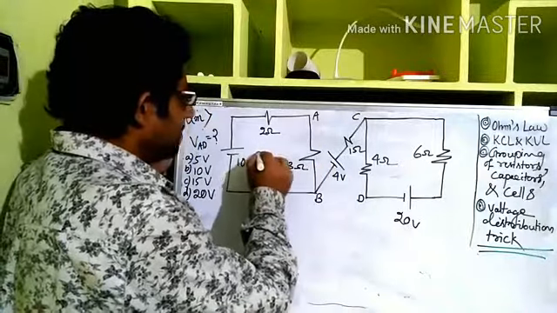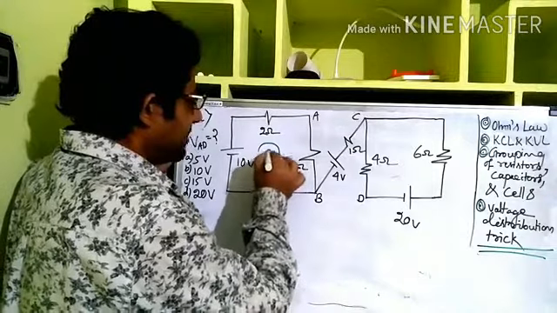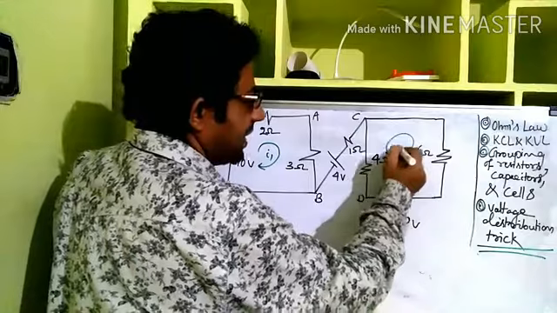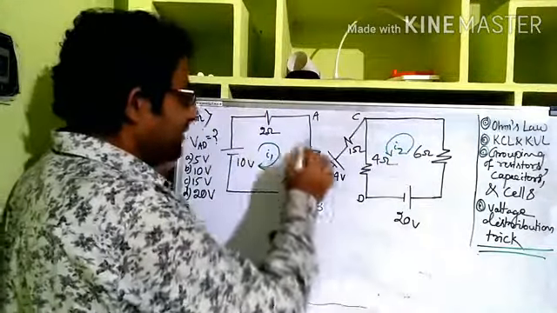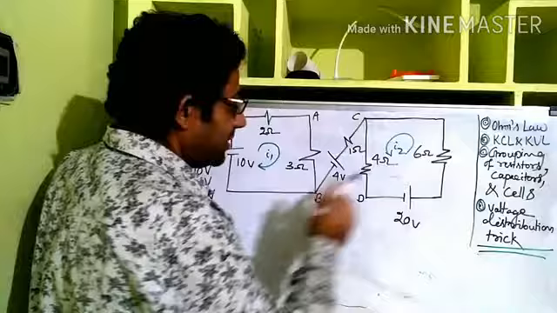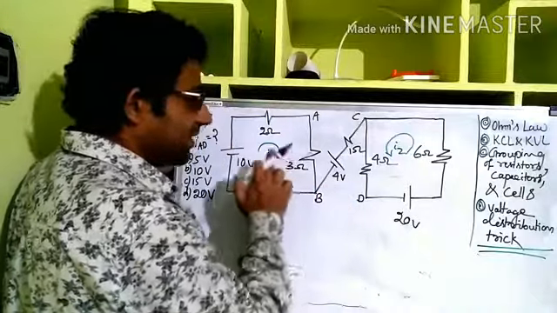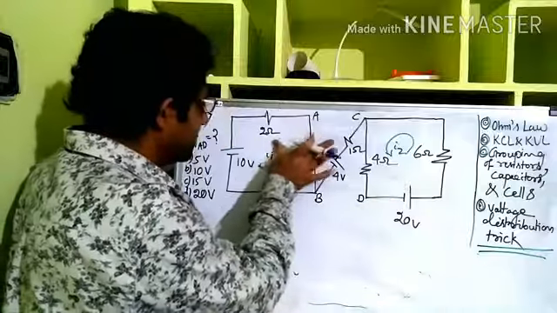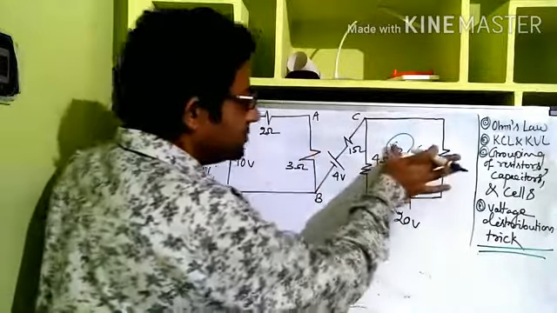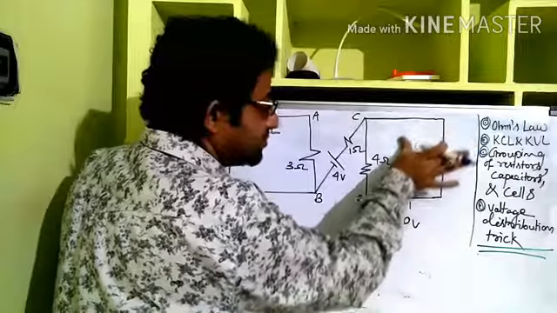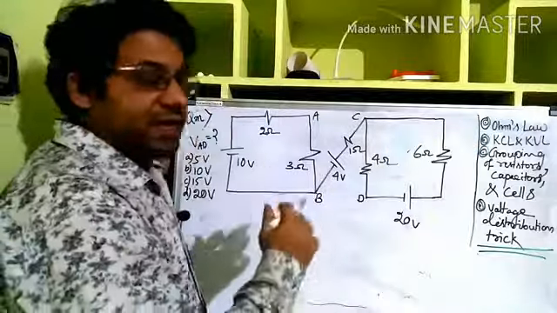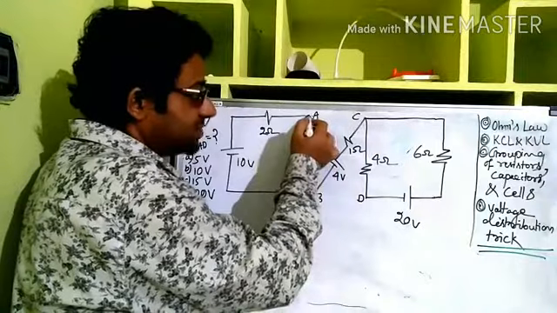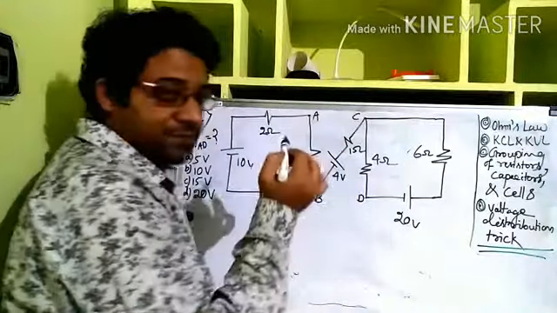But here you can take some current I1, and in this loop you can take some current I2, and you apply KVL here, apply KVL here. So two equations you will get in I1, I2, two loop currents, and you can solve and find out. And yes, you will get the correct answer by applying Kirchhoff's voltage law to two loops and getting two unknowns. And in terms of that, we can find out the potential difference from A to D.